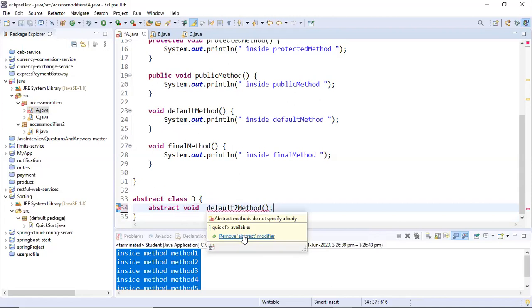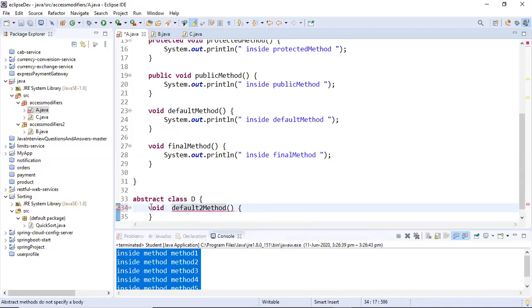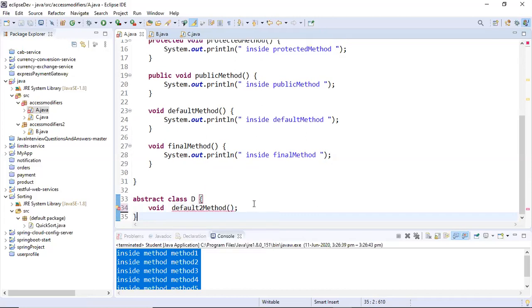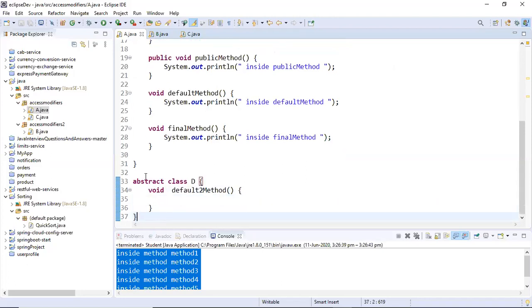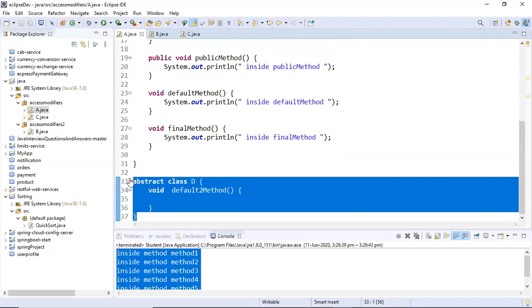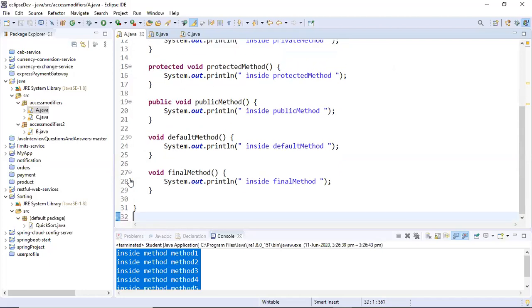Remove the abstract modifier because it is not allowed. So I hope this thing is clear to you. Void default. I think now it should be fine. Yes, now it is fine. So all the methods inside the abstract classes are abstract. This we are going to study in the later lectures. I just want to demonstrate to you that the abstract keyword is different from the C++ abstract keyword. Okay, so let's go into these details now.